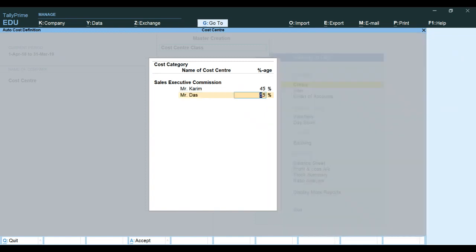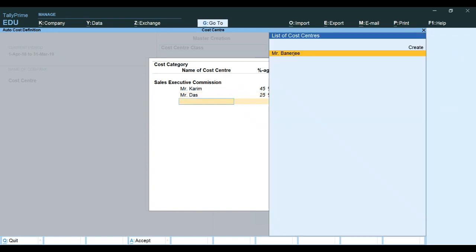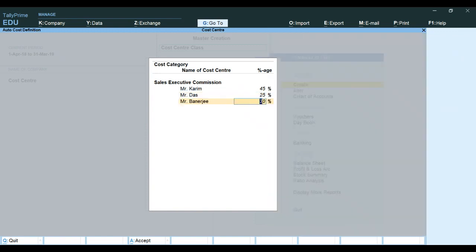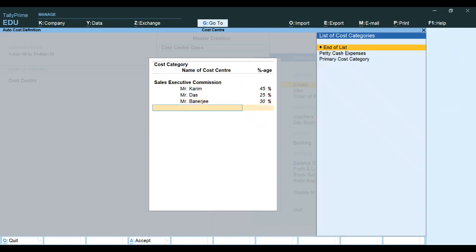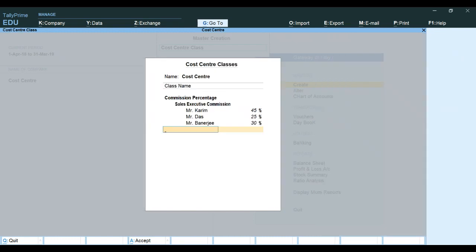Das is entitled to get 25%. 25. And then Mr. Banerjee, the rest of the percentage, that is 30%. That is called use of predefined cost center allocation in transaction screen. That's the way we predefine cost center allocation, on the basis of percentage. Okay. Enter, end of the list. Enter,